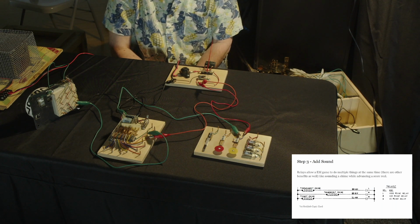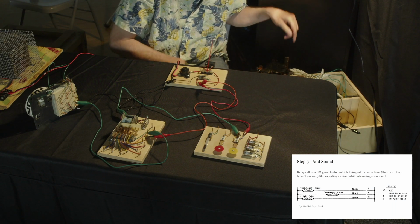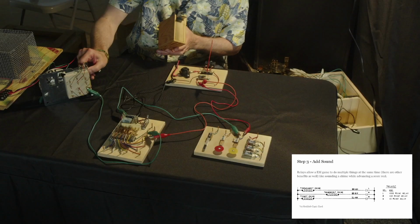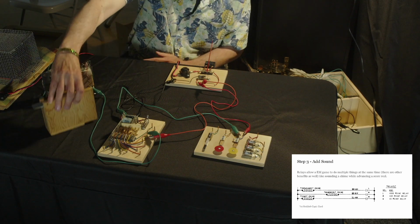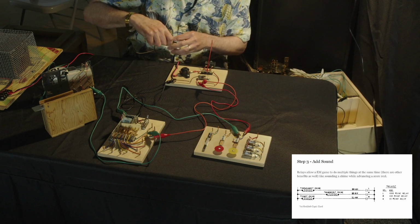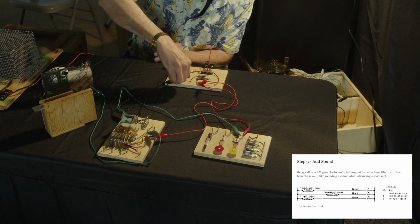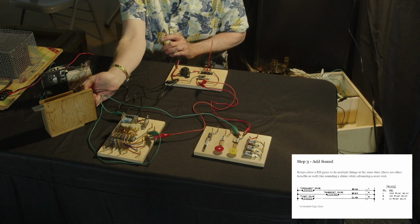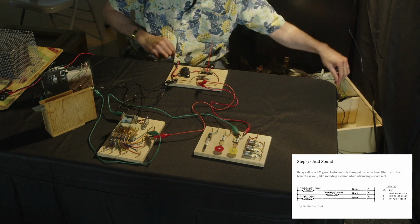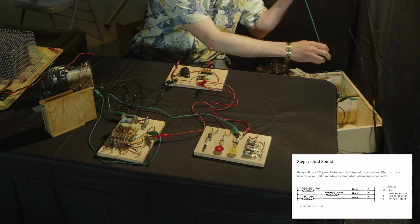Okay. First thing we'll add is some sound. So we're going to take another one of the switches on the relay. We're going to connect it to a chime bar. So we've got our chime bar here. And again, we'll run the black wire from the source to one of the lugs. And then we'll use one of the switches on the relay